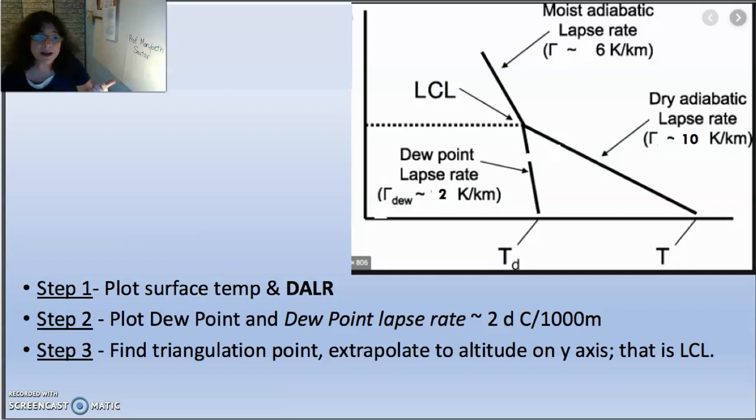When you want to look for an LCL, the first step is to plot the surface temperature for your parcel and to start noting the dry adiabatic lapse rate per 1,000 meters. Then you plot the dew point parcel at the dew point temperature from the surface and add in that dew point adiabatic lapse rate of 2 degrees Celsius per 1,000 meters. When you find the triangulation point, that is the lifted condensation level. That is after the forced lift by topographical means or